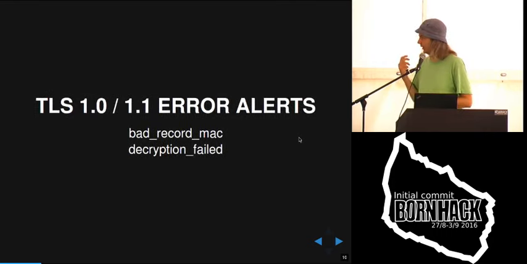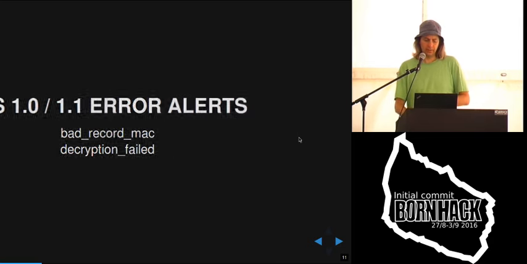then in the original TLS 1.1 and 1.0, there was the idea that if you get an error with the padding, you get one error message, and if you get an error with the MAC, you get another error message. So if the padding doesn't match, you get an error which is a decryption alert, and if the MAC fails, you get this bad record MAC error.